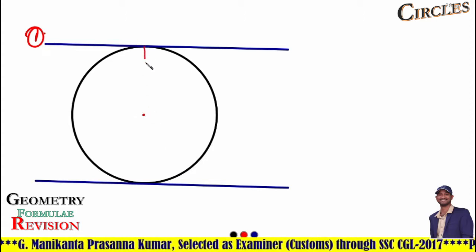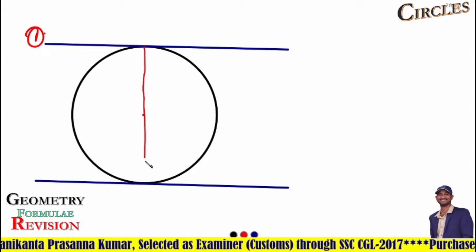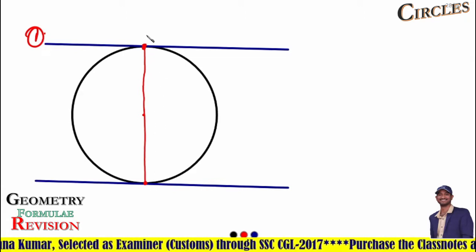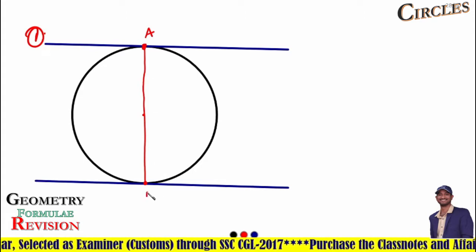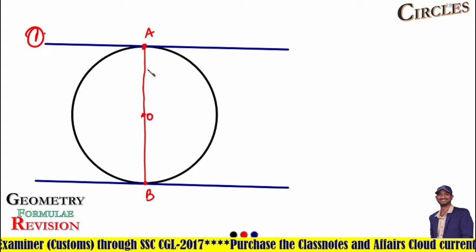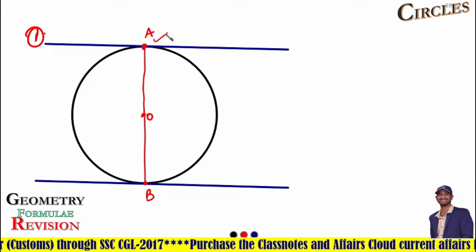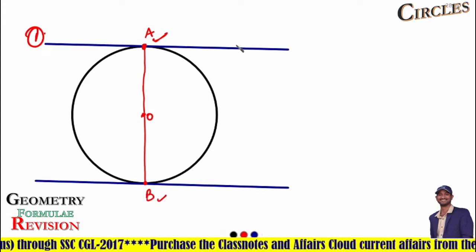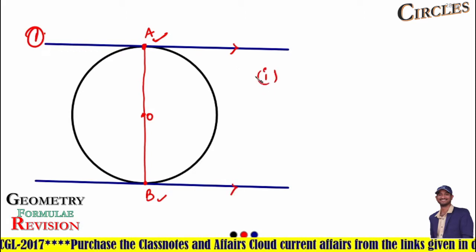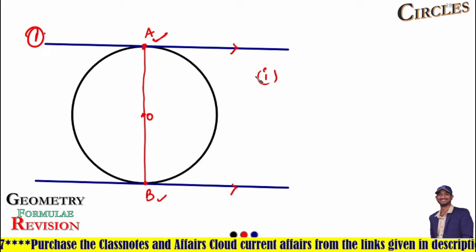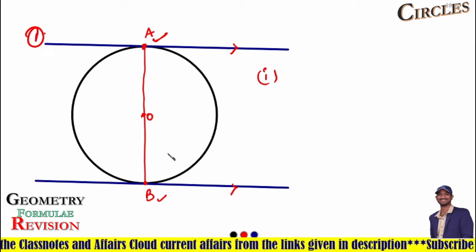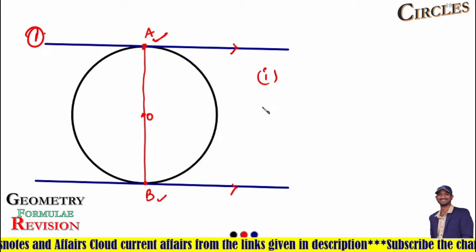Here the first point is that tangents drawn at the extreme points of the diameter are always parallel. Suppose it is A and it is B and it is O. Center is O. AB is the diameter. The tangents passing through the extreme points of the diameter are always parallel. If the tangents are parallel, then the distance between the tangents is always equal to the diameter of the circle. And one more thing